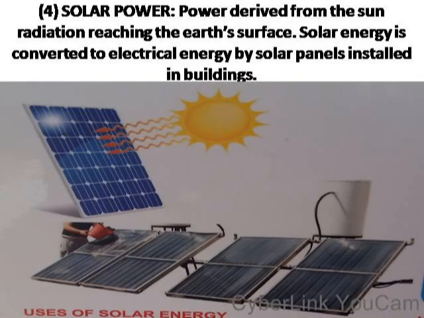Here is solar power. It is the power derived from the sun radiation reaching the Earth's surface. Solar energy is converted to electrical energy by solar panels installed in buildings. Look at the picture on the screen. Here is the sun, and here is the sun radiation. As they fall on solar panels, in these solar panels there are solar cells. So as